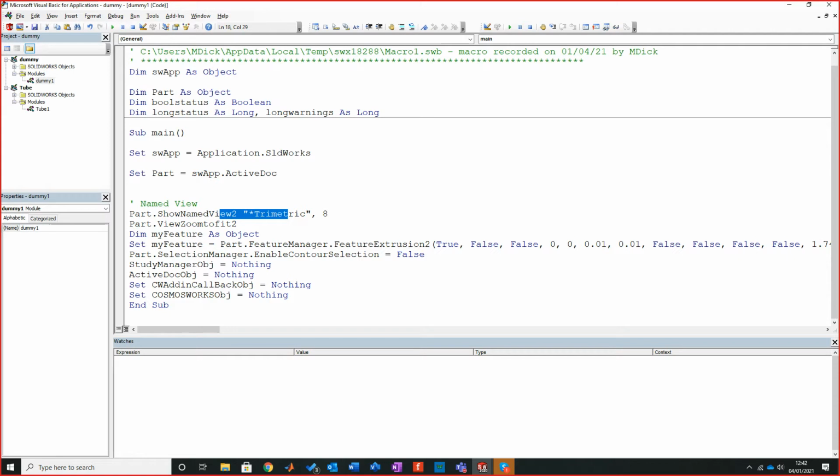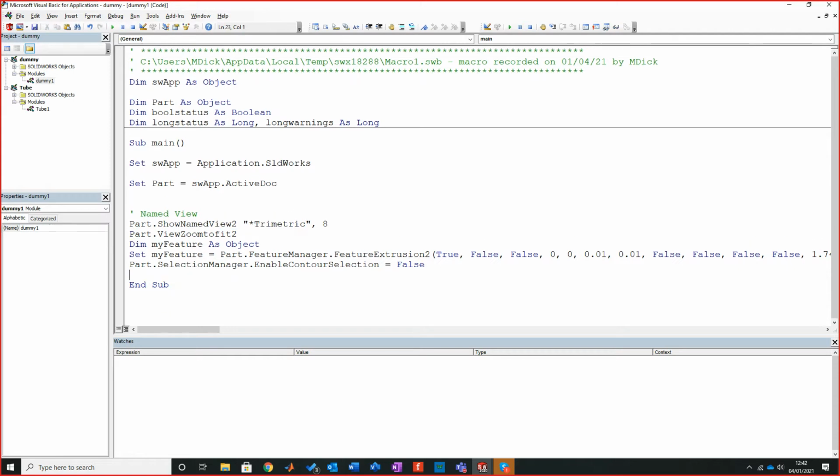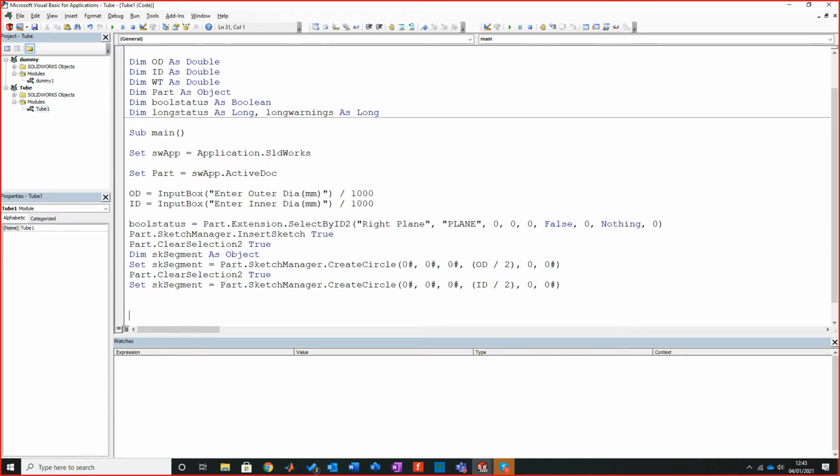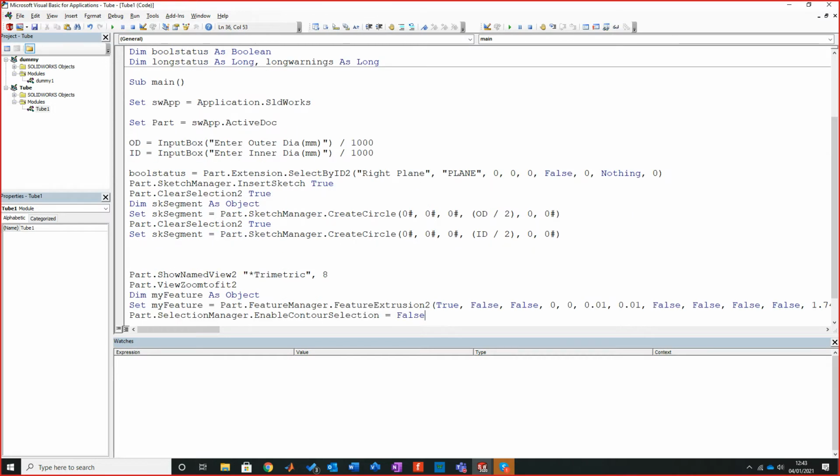Trimetric view, we know that these are controlled with Cosmos, so we don't need that. It means that these functions here control our extrusion. So if I simply copy that and go back to here, paste that in,